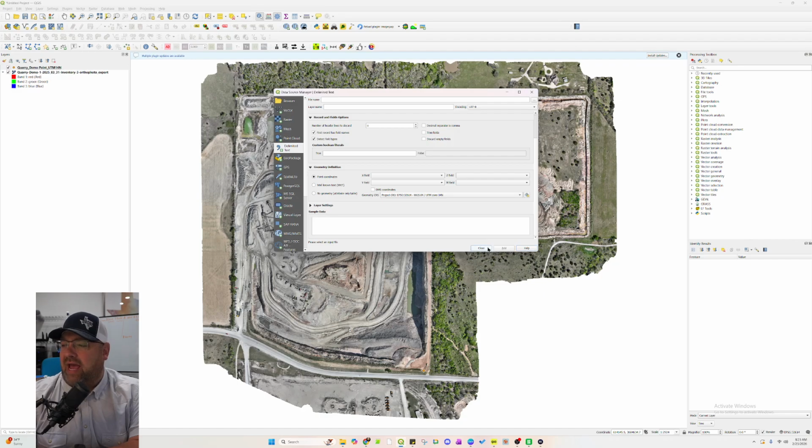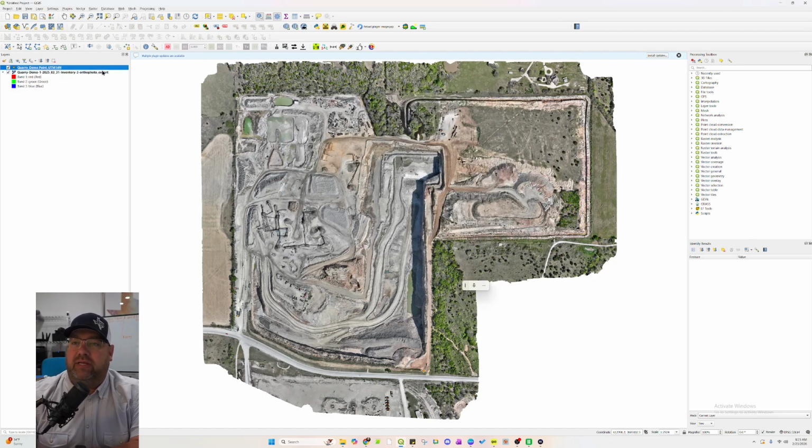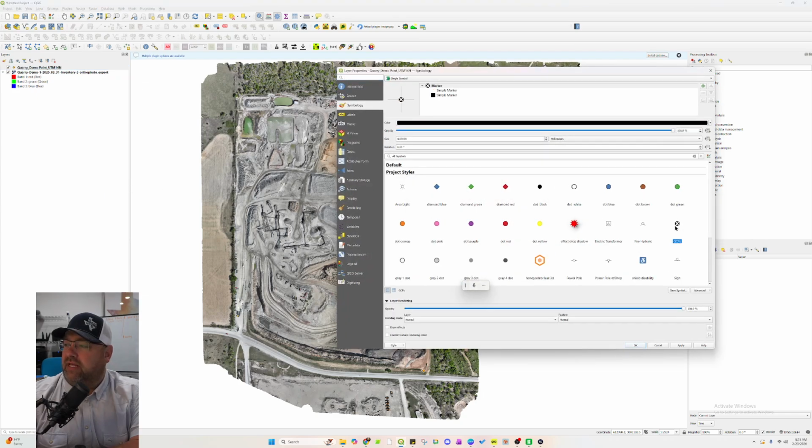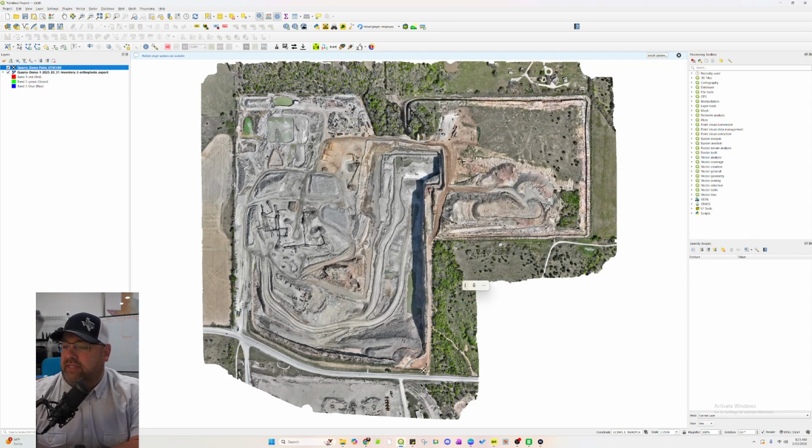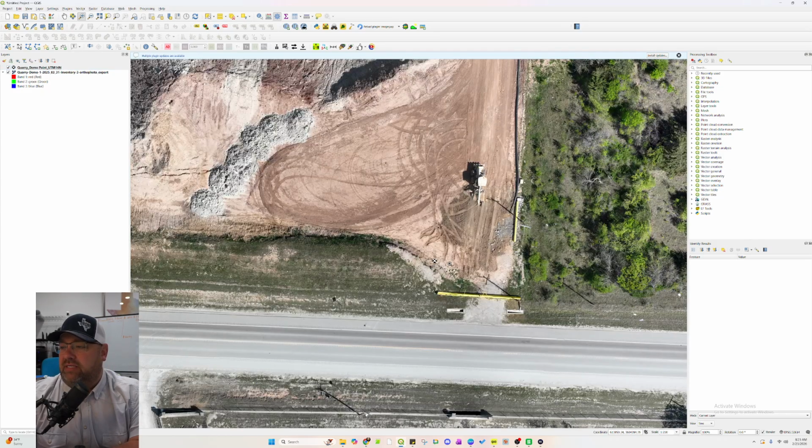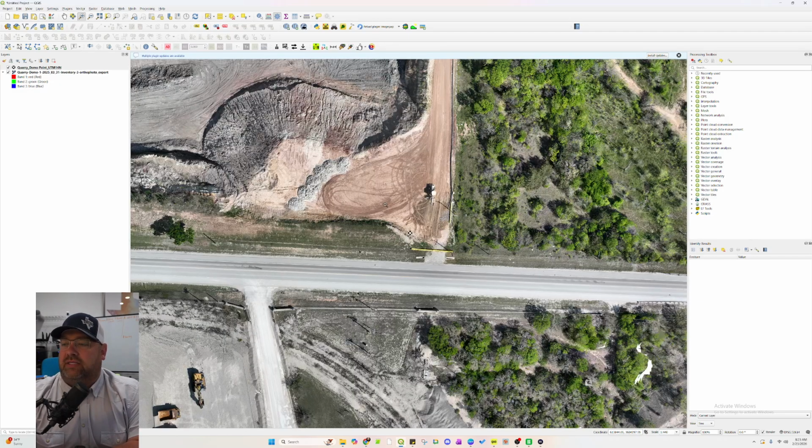So when we hit add, that plots that point. And what I'm going to do is change the symbology of the point so that it's a little easier for us to see. And if you notice, it's way down here in the corner. So we've established a base way down here in the corner. I'll zoom in real quick and we can see that it's established right there. All right, so let's zoom out real quick